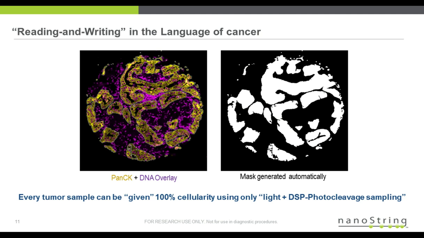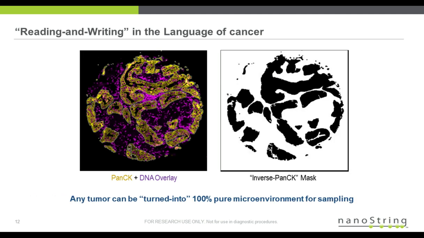Now, it's a very useful thing. Any tumor can be made 100% cellularity with light, and then I get a pure tumor signal. Just as valuable, I can take the inverse: if I take that mask of the tumor cells and invert it, as you see on the right-hand side, and write on that same exact tissue slice, I'll be collecting only the antibodies that are in the immune compartment of that tumor slice, and I end up with a signal that is 100% related to the immune cells.